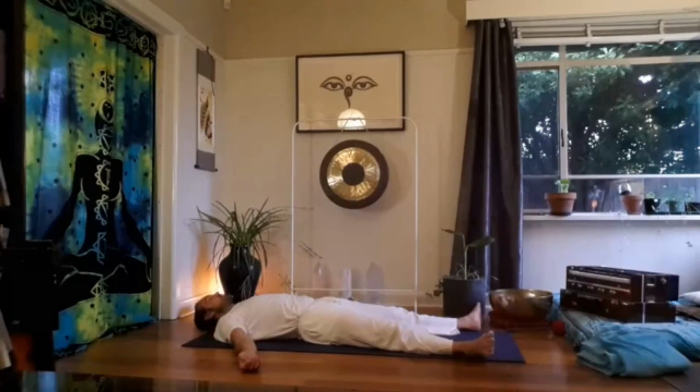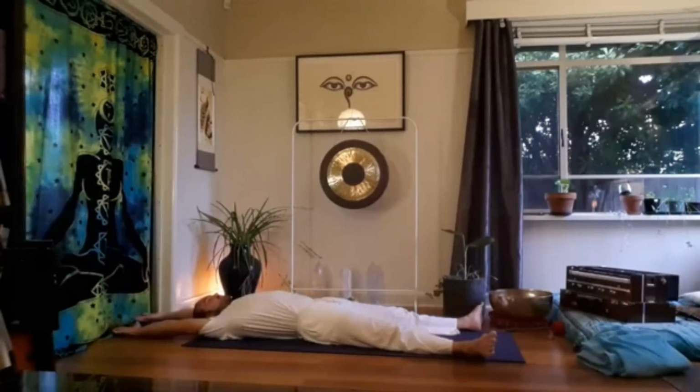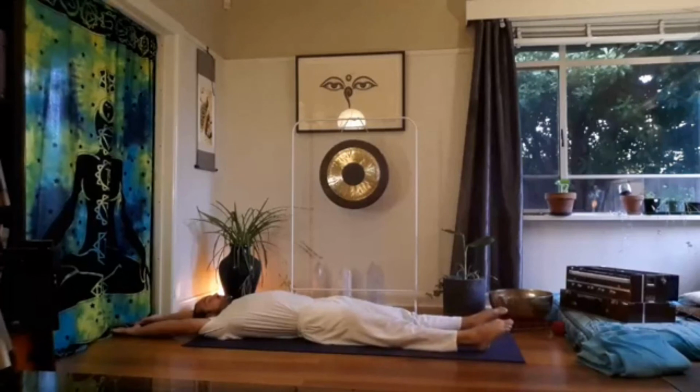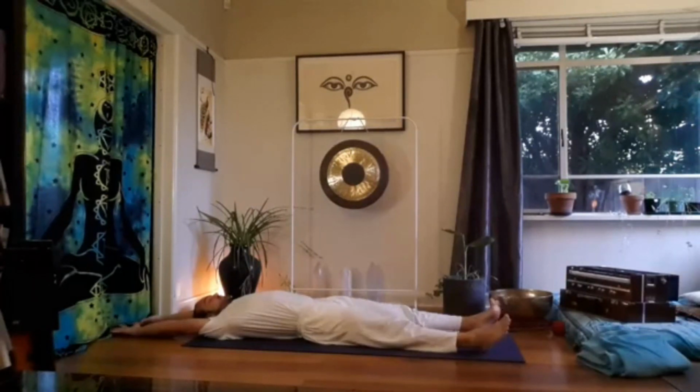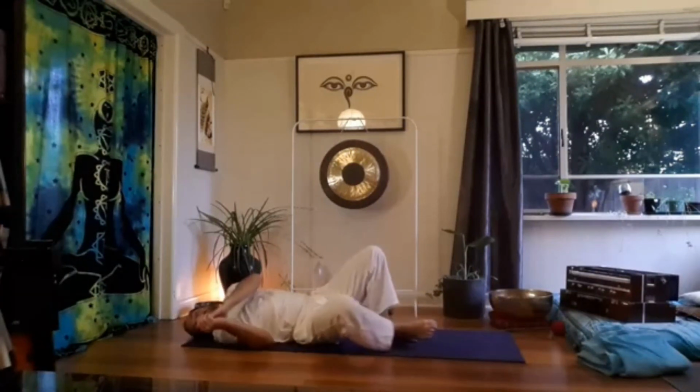If you have the time and you want to stay in Shavasana for longer, just please do so. It's beautiful after a strong practice to stay in Shavasana. Otherwise, you can start to get some movement into your toes, fingers. Maybe taking a deep inhale to stretch arms overhead, stretching the body long, pointing the toes all the way to the fingers. And then as you exhale, you can get into your knees, rolling onto one side,